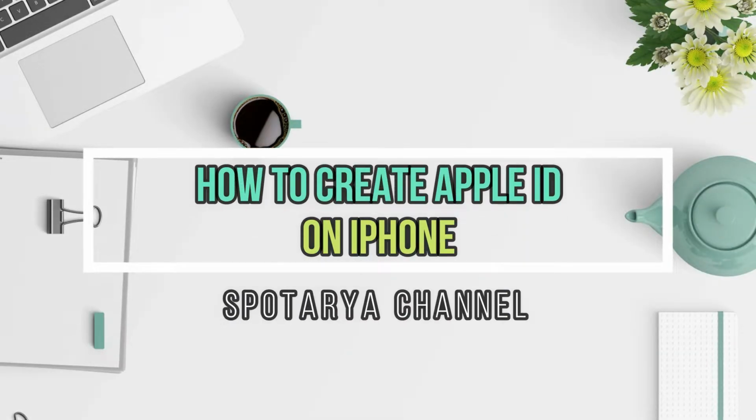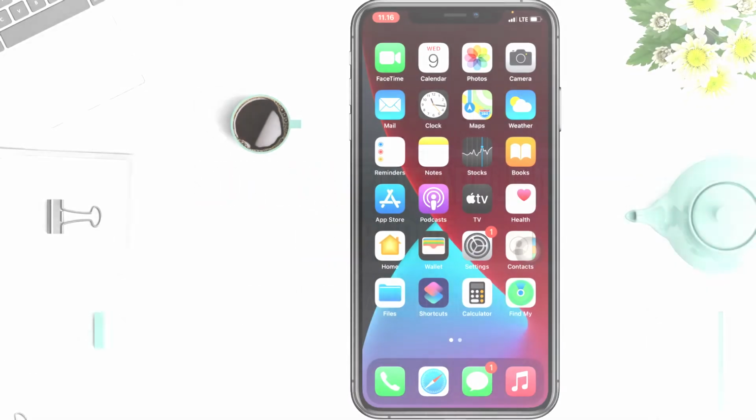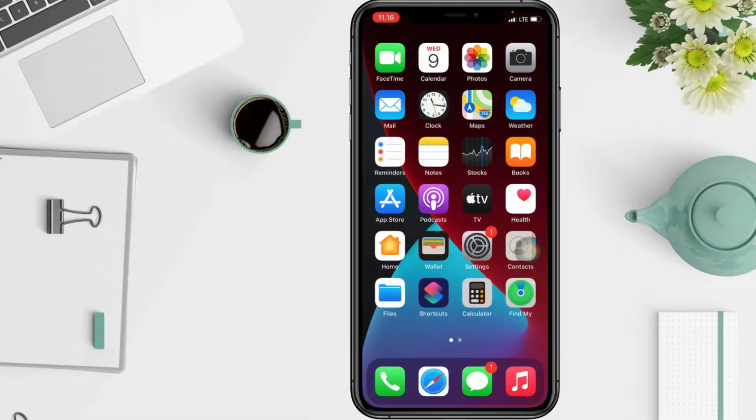So in this video, I'll show you how to create an Apple ID on iPhone 2022. You can create a new Apple ID when you set up your device or set it up later in App